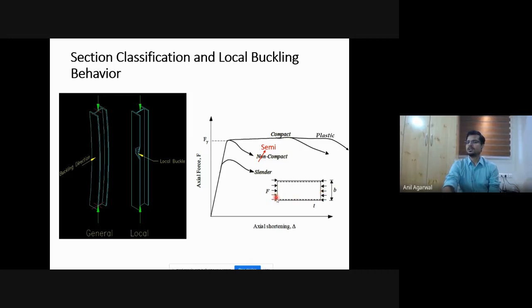It does not give enough detail, and I really doubt whether that is a good approach, or whether that can actually prevent the local buckling. But anyway, that is the approach the code gives. So you can take liberty and use it, but generally the approach is not to go into that and simply keep the B by T within the limits of semi-compact. So for a plate to be used as a column member, whether web dimensions or flange dimensions are concerned, we need to have at least semi-compact behavior.